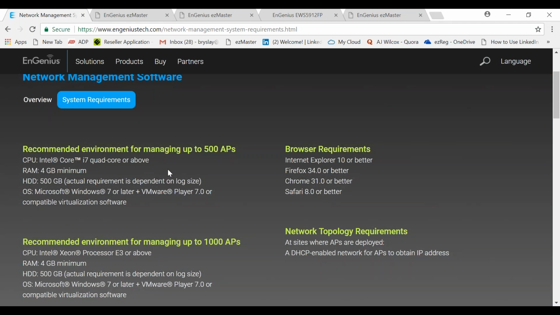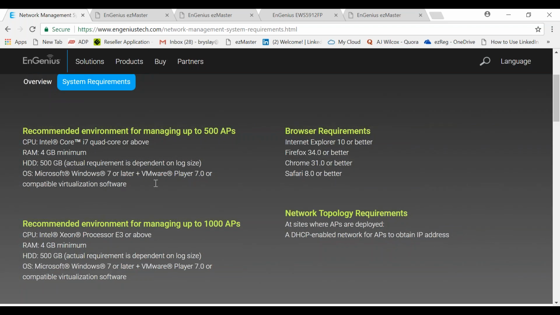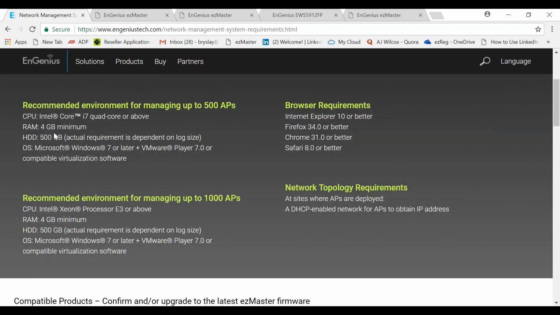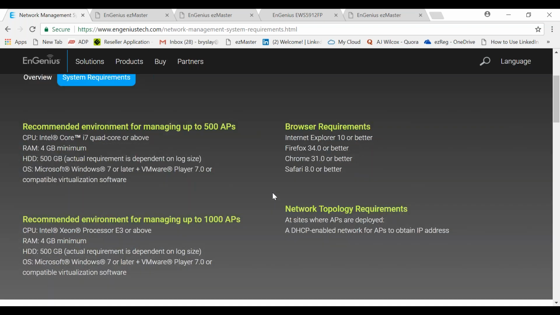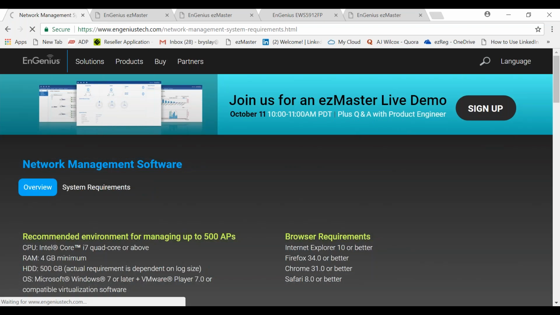So you're downloading EasyMaster, you're loading EasyMaster on a server. The server can be remote or it can be local. You can use different services to load EasyMaster onto. But it gives you the recommended server requirements that you would need, the browser requirements, so it gives you multiple things. If I click back to overview,